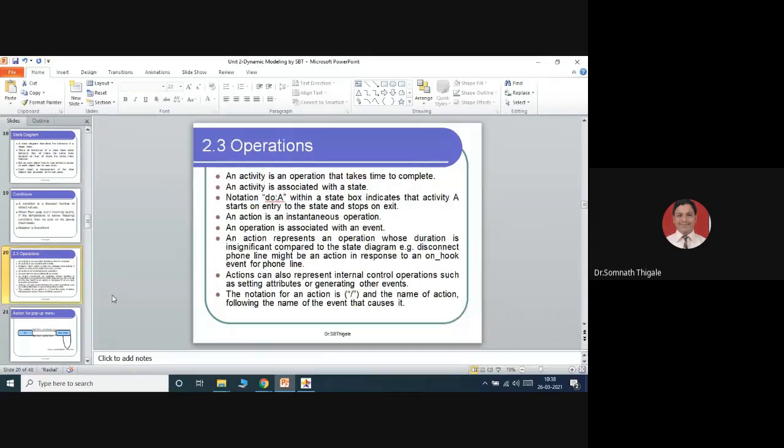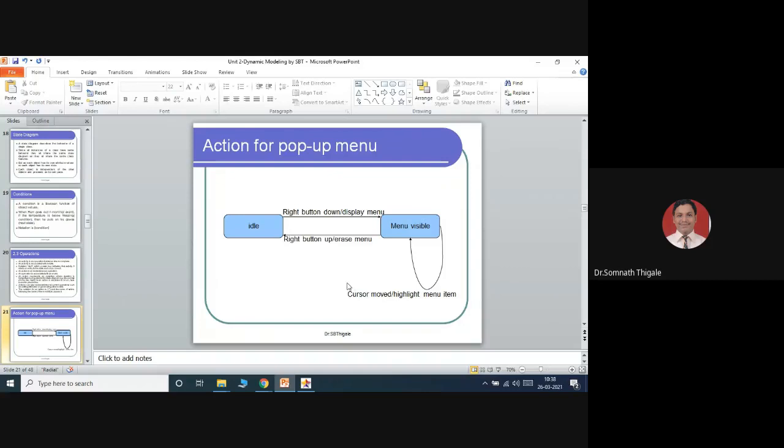Good. So this is one operation part we have discussed. Now with reference to this, we can talk about the pop-up menu options required for the action.